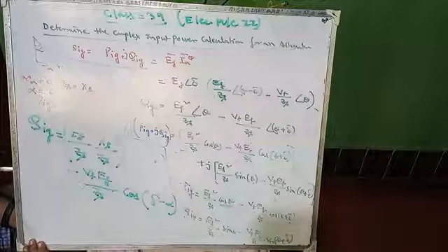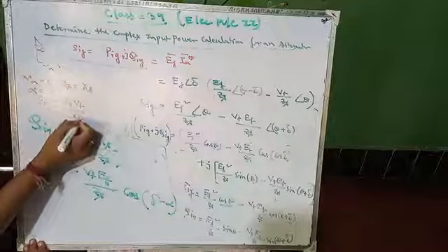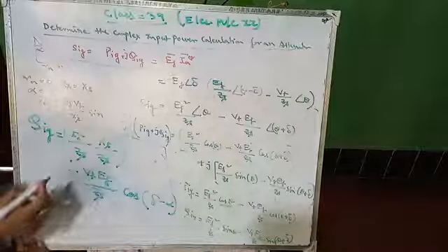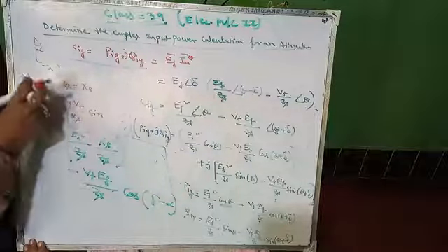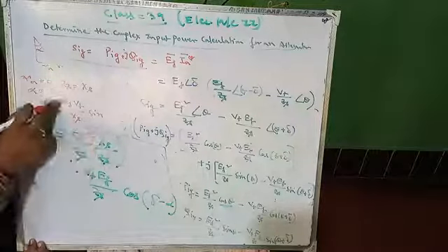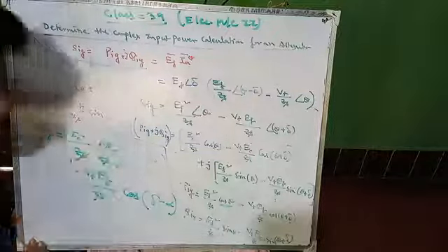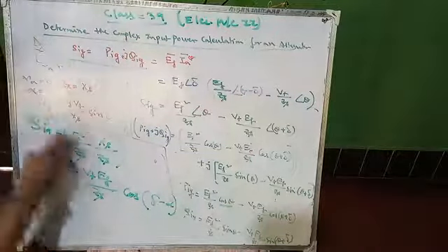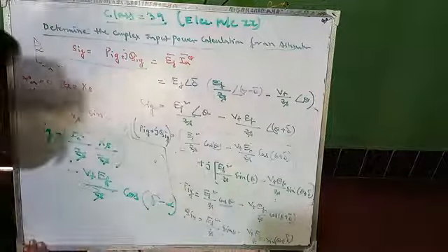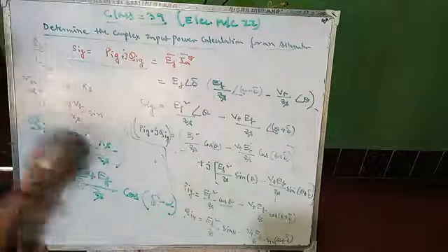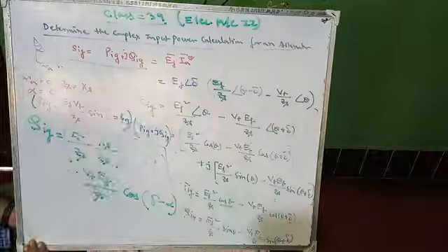PIG equals EF VT by XS sine del. Previously the first term had RA multiplied, so because RA equals 0, the first term will be 0, and the second term is EF VT by XS sine del. From the previous class we can say that when RA equals 0, PIG will be exactly equal to POG. Whatever POG value we have written will be exactly equal to this one. PIG equals POG.